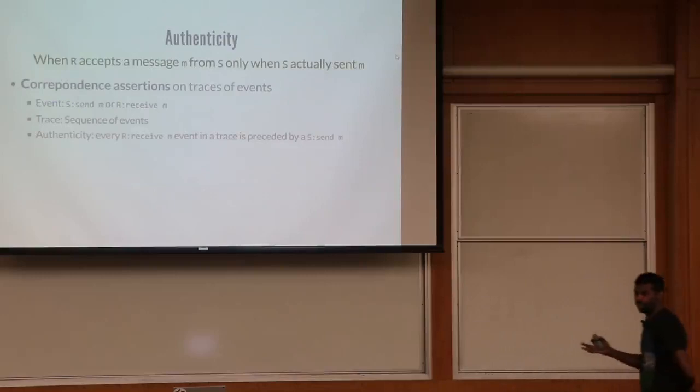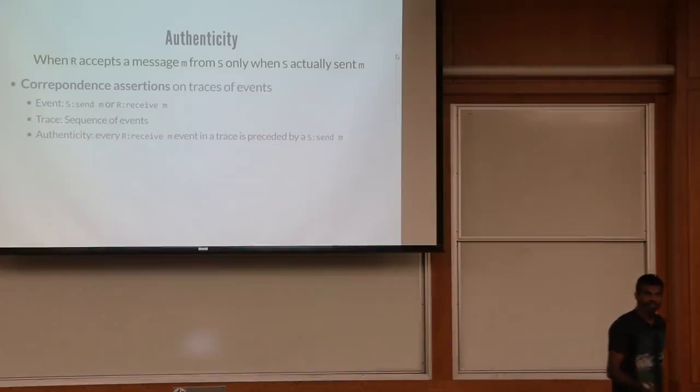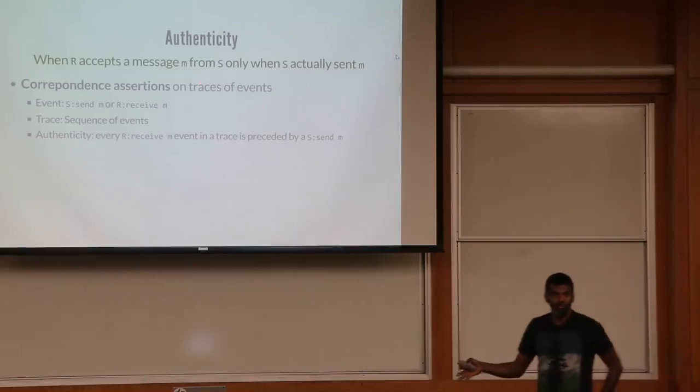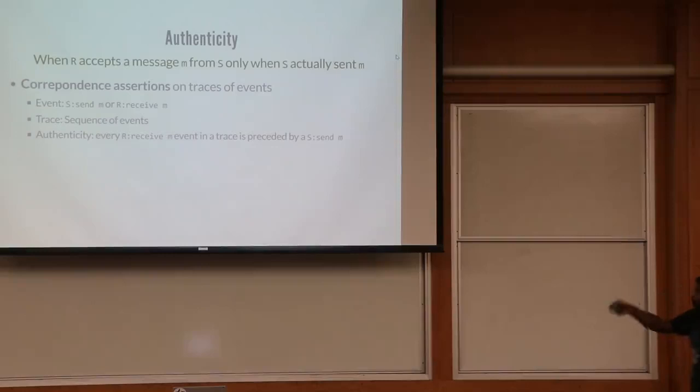There are two kinds of security claims that we're interested in, at least two. One of them is authenticity. Authenticity means that when the receiver accepts a message M from the sender, then the sender actually sent that message. Okay? One way in which these kinds of properties have traditionally been formalized is by this idea of